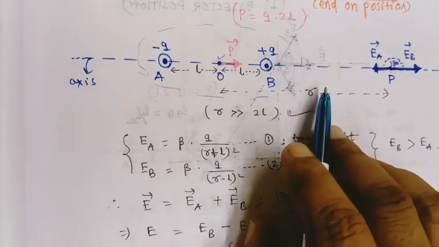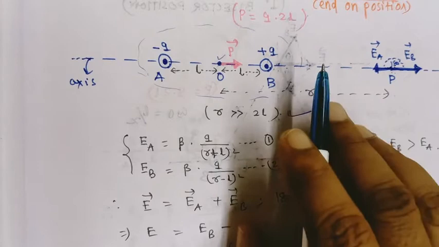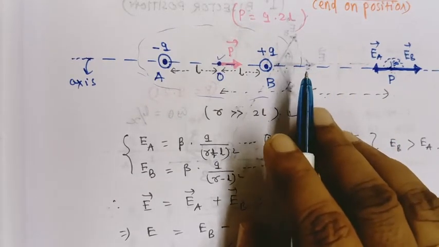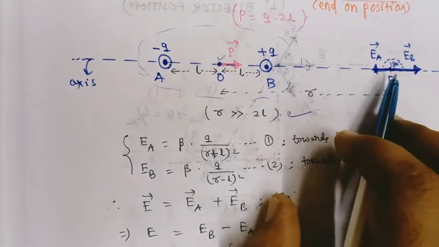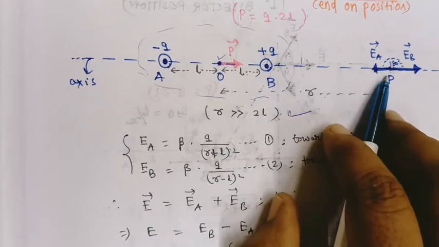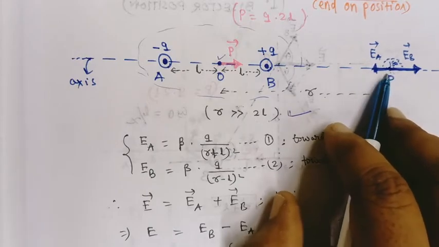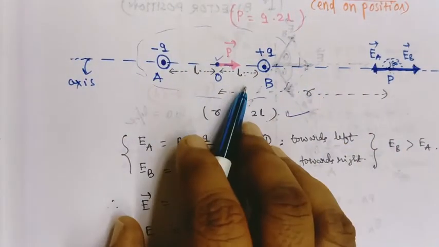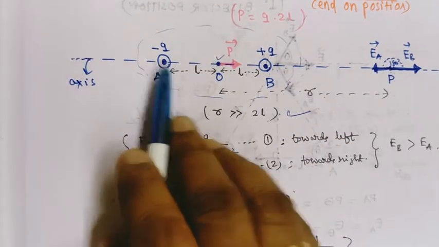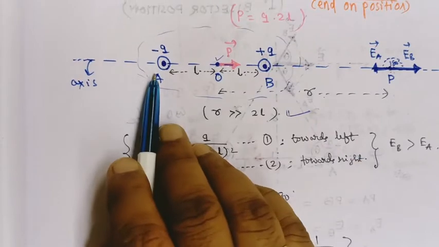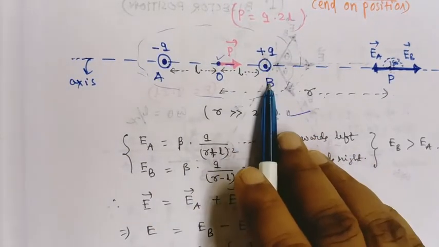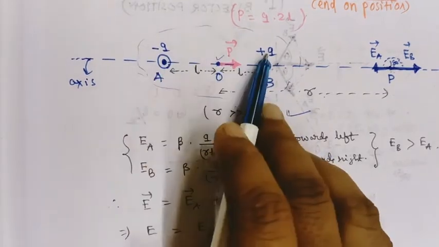First you see the diagram. I am saying the diagram part is very important. This is a vector concept. You should learn it very carefully. You should see here, this is the desired point. Our aim is to calculate the electric field intensity due to this dipole. That means first we have to calculate it due to charge minus q situated at A, then due to plus q situated at B. That means there are two source charges.